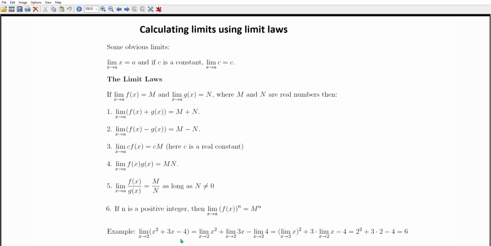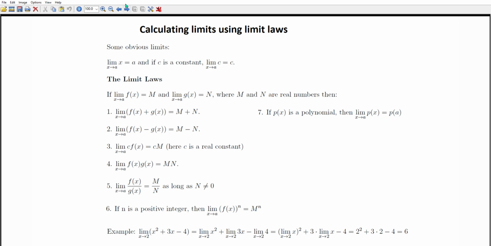And that's an important thing to know about polynomials. If p(x) is a polynomial, then taking the limit is exactly the same as plugging in. Okay, not true of all functions, but for polynomials,